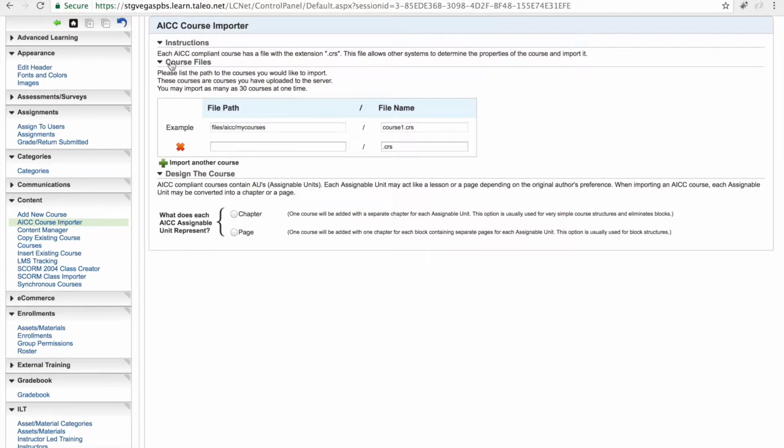The first thing that we're going to do here is add the file name and the file path to the course files section. The class that we're uploading is called Adobe Photoshop Creative Cloud Fundamentals. And the file path that we're going to input here depends entirely upon how your Oracle's FTP server is set up. In the case that we're using for this example,